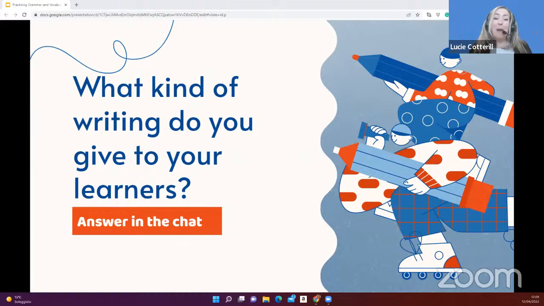Now, if you remember the title of the workshop, it is about using writing tasks to practice grammar and vocabulary. So language that they may have learnt, but they still need to put it into use. And all of the tasks today can include some lexical or grammatical focus, or an extension activity which practices them.